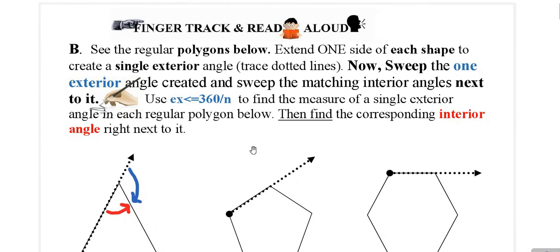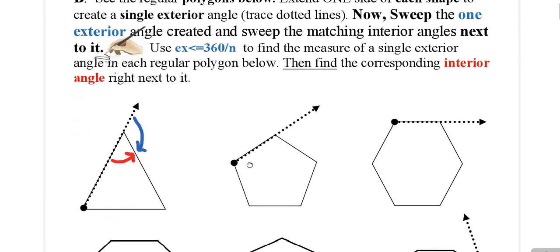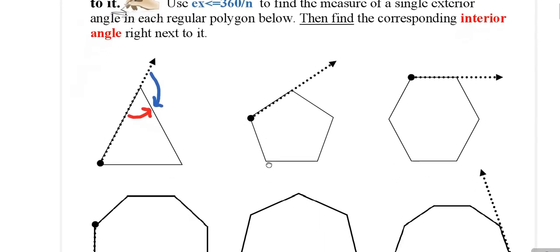Okay, it says, see the regular polygons below. Extend one side of each shape to create a single interior. Trace the dotted lines, and then sweep the one interior angle. Sweep the matching angles next to it. Use exterior angle equals 360 over n to find a single exterior angle, then find the interior angle right next to it. So, taking a look here,